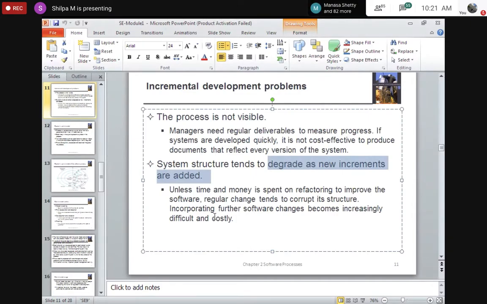The structure of your house, will it really be good at that time? No, right? That is what happens to these incremental models also. If you keep on changing and changing, it will degrade the system. So the advantage is, you can get the feedback, and you can take up the changes, and